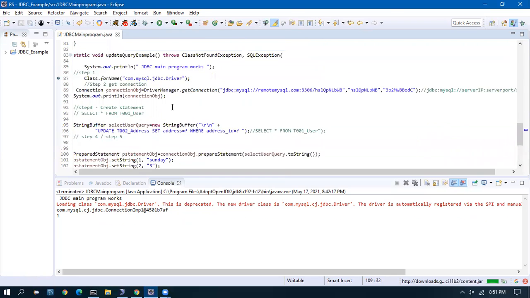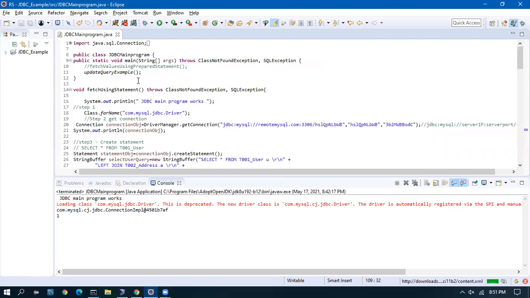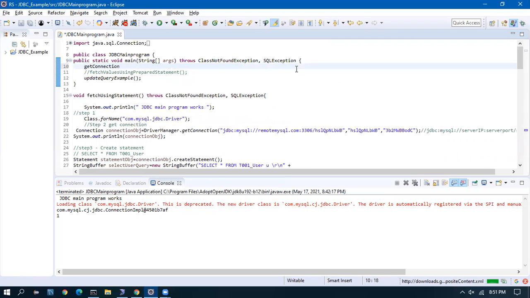And where will I call it? I will call it in the starting of the main program only once. When the main program is started, only at that time I will be calling it, and I will be storing my connection object equal to this. This is how you should be doing.